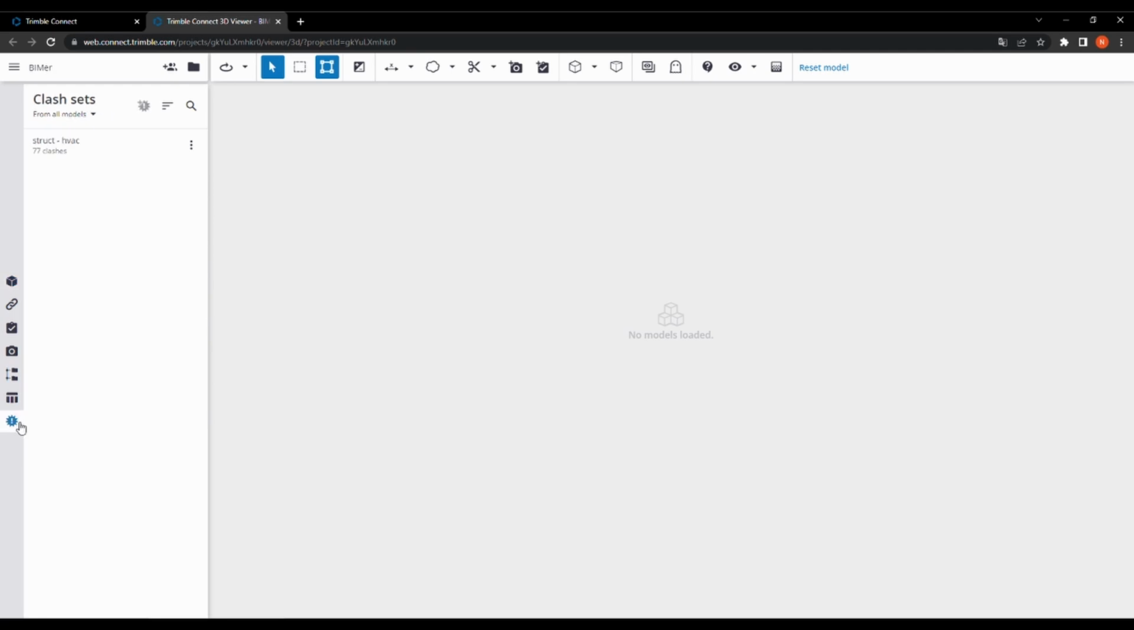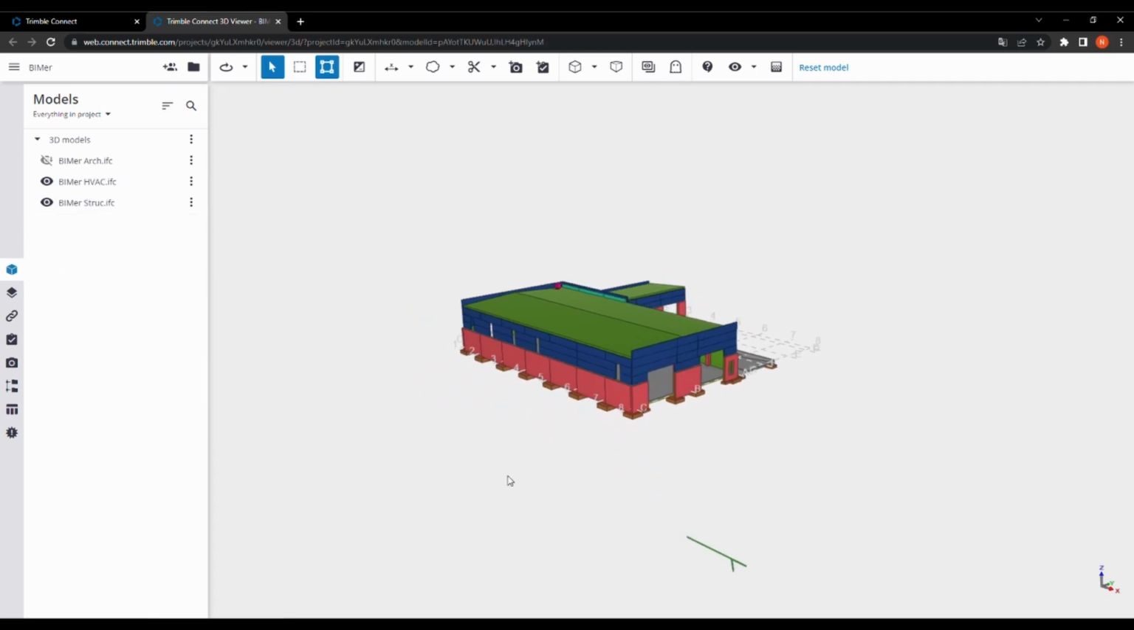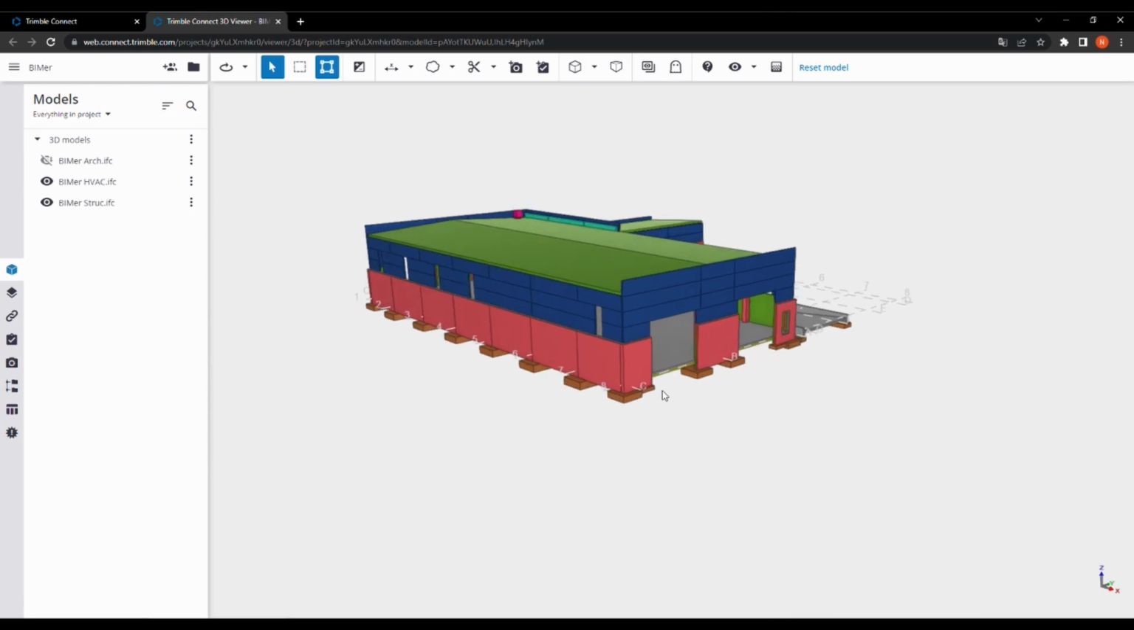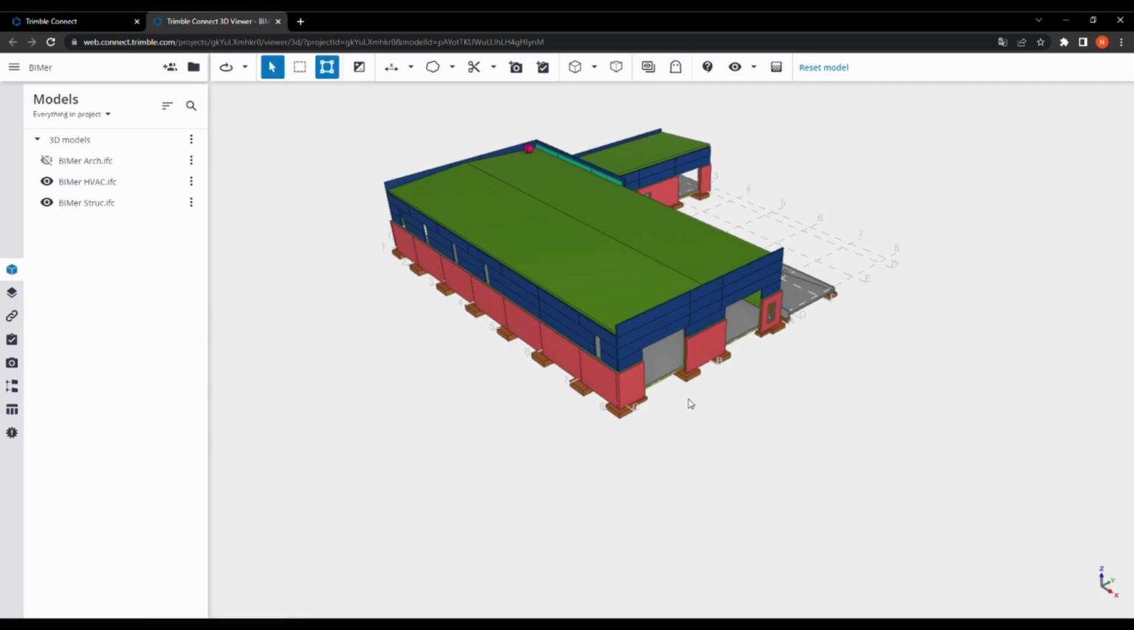We open it, and firstly, of course, we have to go back and activate the models we want to run the clash sets on. So what I want to do, I want to make sure that the HVAC doesn't clash with my elements or something in the structure. So I open up both the structural and the HVAC. Then I go back to the clash sets,